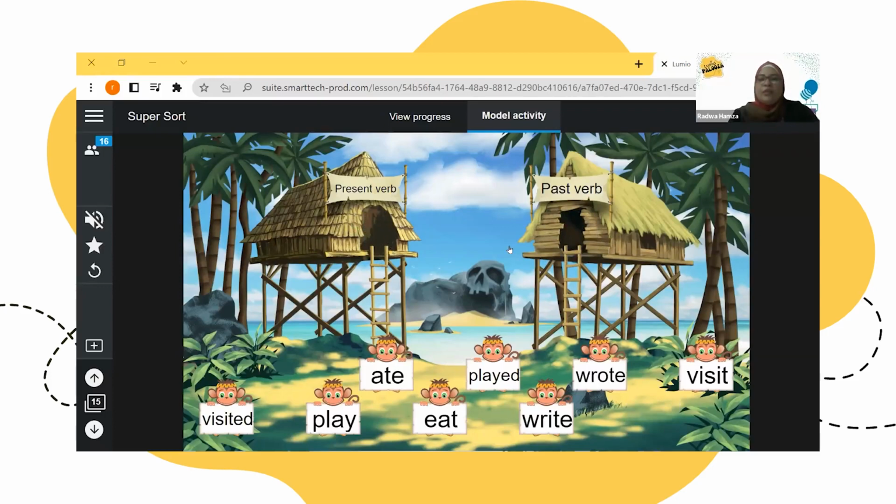So it disappeared. That means the student is right. If you drag the verb play, and the student drags eat here as the past verb, what will happen? It will disappear. Okay, so the past of play is played, and so on.